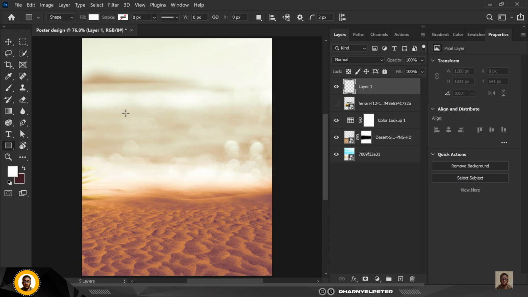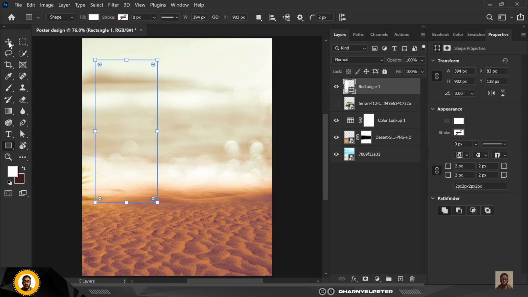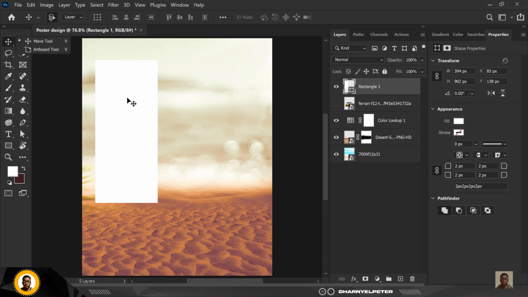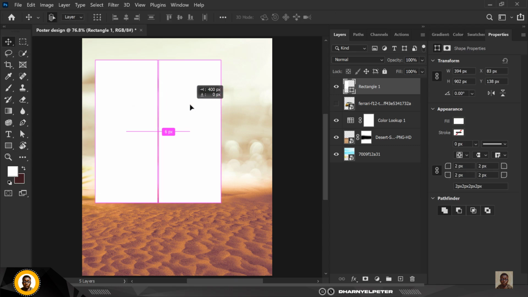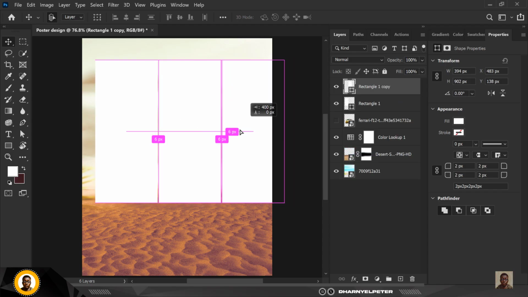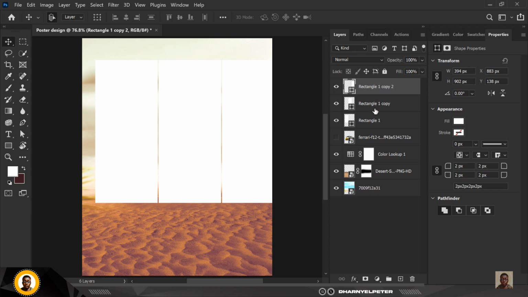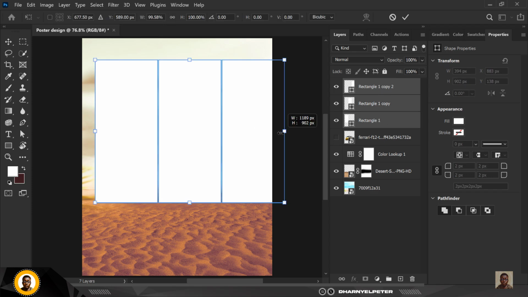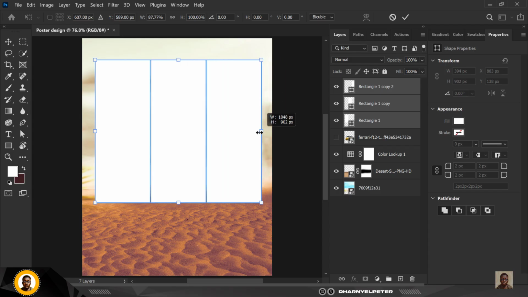Select your rectangle tool, and I'm going to draw a series of rectangles. Just going to have them 3. I'm just going to duplicate this until I have 3 images. Duplicate again, Ctrl J, and I have 3 images. Now select all of them and press Ctrl T. Hold down Shift and move from this side so that you can adjust from one